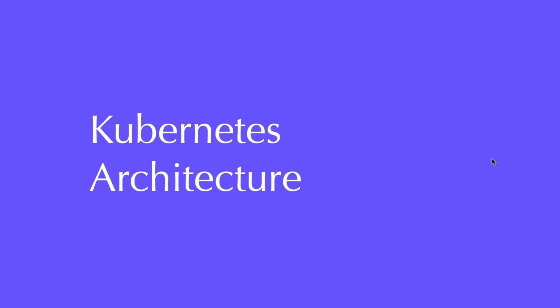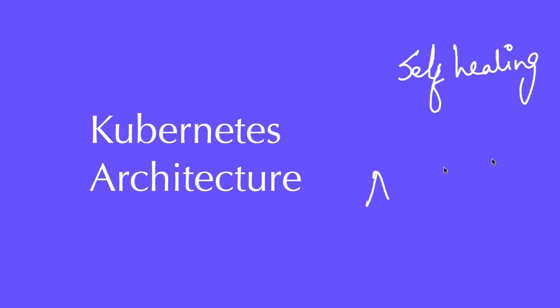Now, let me give you just a couple of features that I personally love about Kubernetes. The first one is called self-healing. What Kubernetes does is it monitors all the instances of your application, and let's say one instance goes down, Kubernetes will bring up its replacement and spin up a new instance of your application immediately. That is really cool.